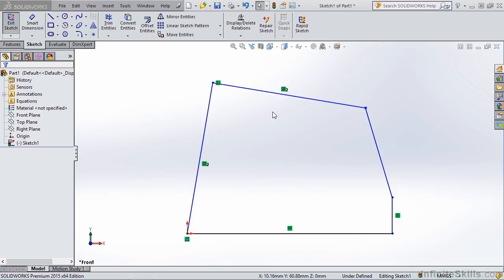If you recall just a couple seconds ago, when I applied this perpendicular relation between these 2 lines, I selected each line while holding down the control key. I then did the same thing for the equal relation. Now let's take a look at another method, a little bit quicker, for applying relations manually. I'm going to first delete the equal relation. I'll select it and then tap the delete key on the keyboard